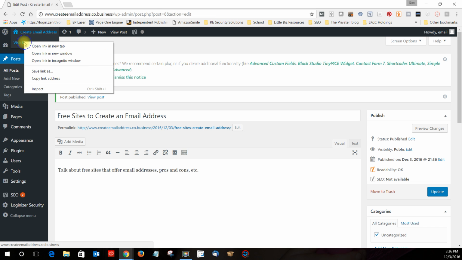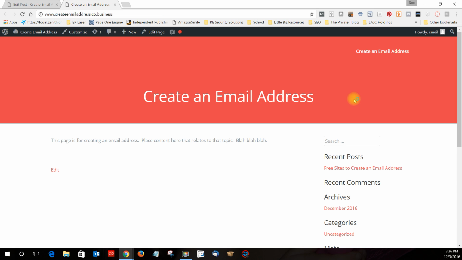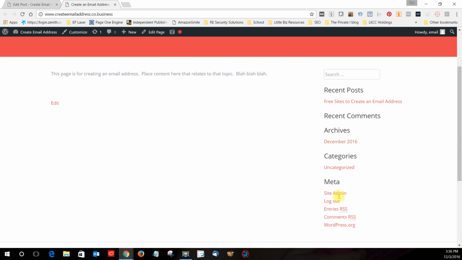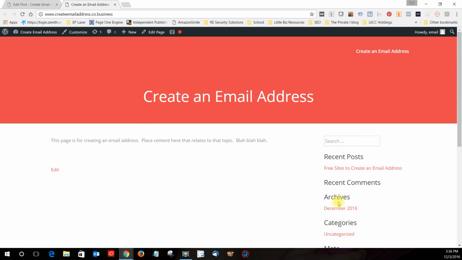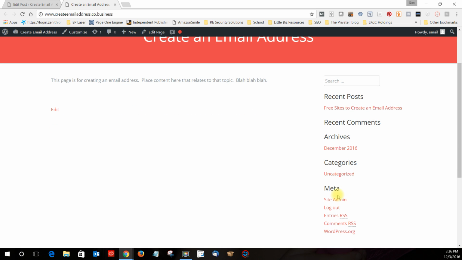And let's go ahead and take a look at our site just to see where we're at. So we have create an email address, which you can see is up here as well. It looks like that's going to be our menu. And this is the first page. And the edit only shows up because we're logged in. If we weren't logged in, it wouldn't show up as edit. And this has this on the side, which we can change. Like I said, this is based on your theme and